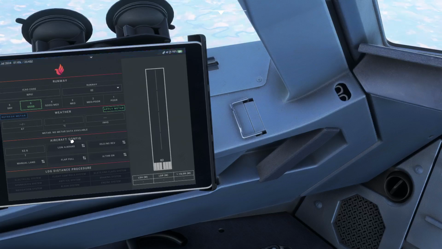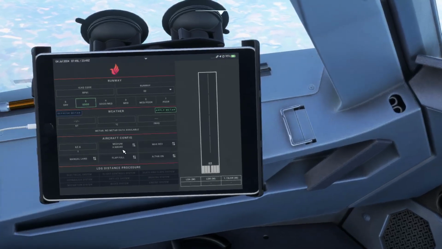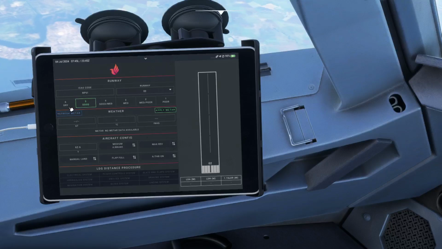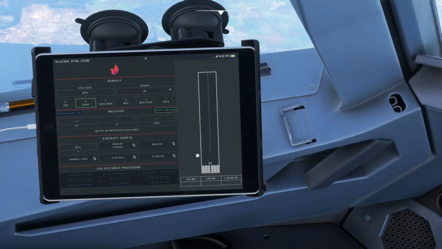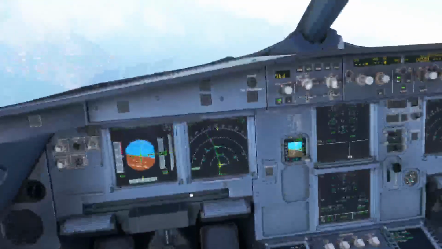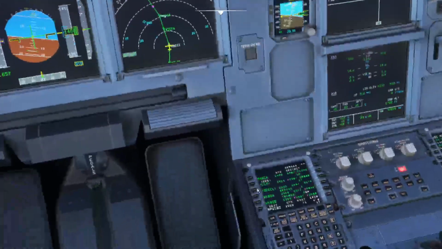62.6 tons. We will do a medium brake and we'll do max reverse, full flaps, manual landing, auto thrust. Now, because I can't do the meta, we can't check landing weight, but what we can do is set up on the performance page,